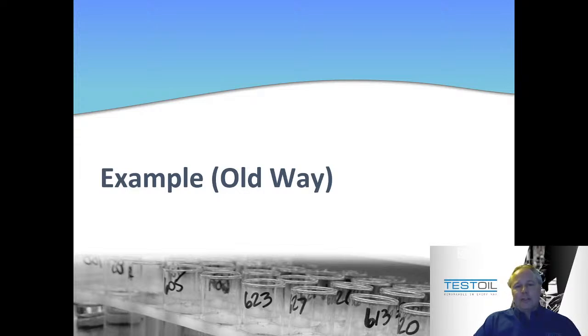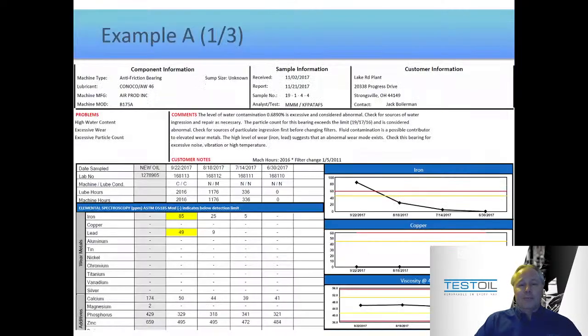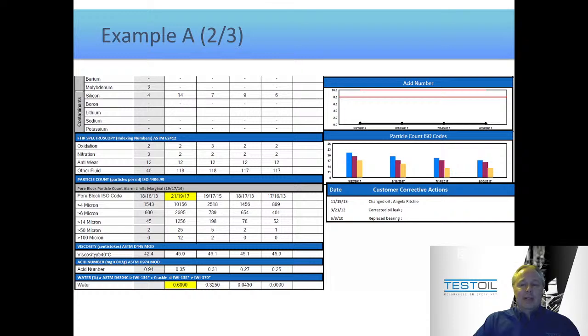So let's take a look at the top half of the first page. On this report, you'll notice that there's a couple of highlighted values, and that tends to be where most people's eyes will go. Some people may read the comments that are on the report near the top, but generally they will settle on those highlighted values. And they'll see that there's a level of iron and a level of lead that are much higher than the previous history. As they continue reading the report to the next part of the first page, they will also see